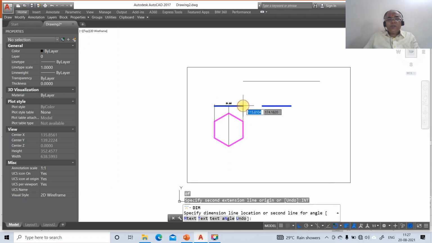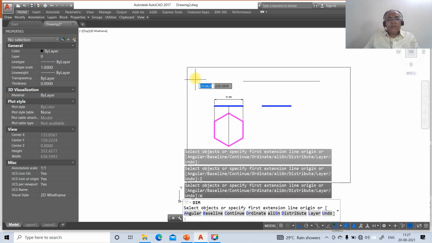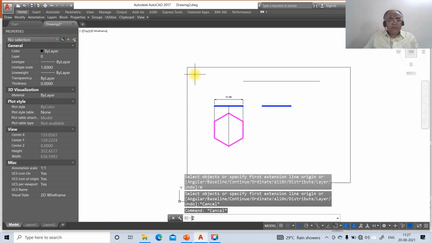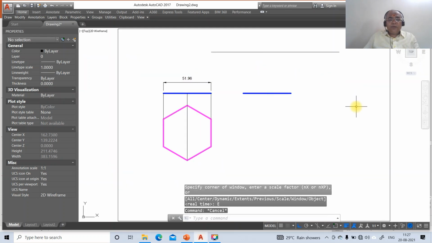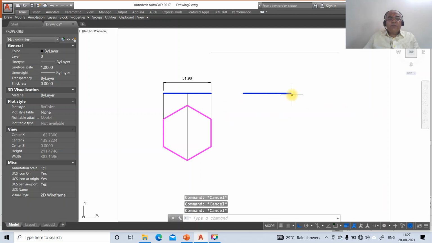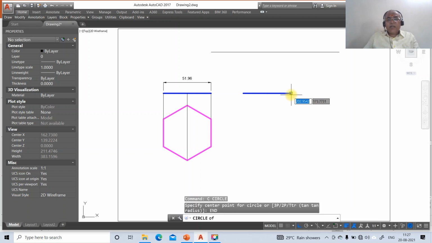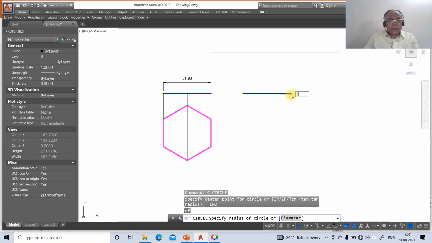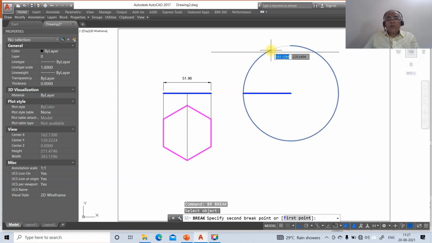Once you do that, you're going to get 51.96. Here you just come down to zoom window. So you're going to get 51.96, then go to circle, take the endpoint of this, and take the radius as 51.96. Then go to break this in the counterclockwise direction, and similarly this also in